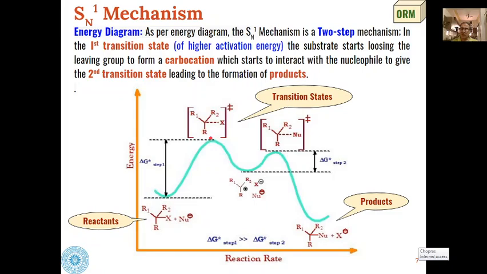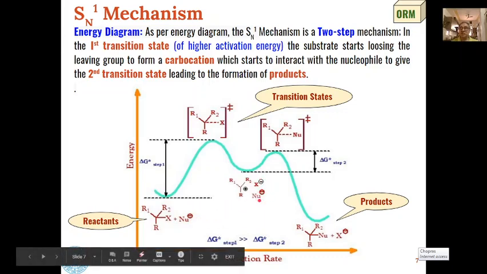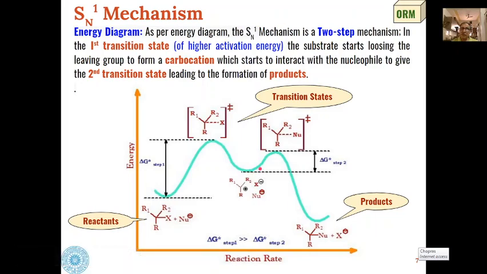After the separation has taken place, in the first transition state, which is higher in energy, at this hump we get the carbocation and the halide ion, and the nucleophile is already there in the reaction mixture. Then from this point onwards, the reaction of the carbocation with the nucleophile takes place at this transition state, and the nucleophile starts attaching to the carbocation formed in the first step of the reaction,